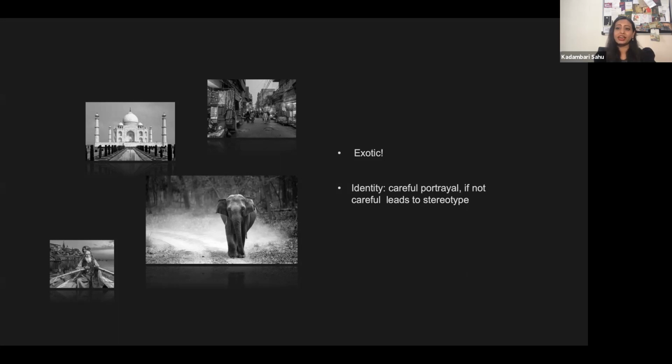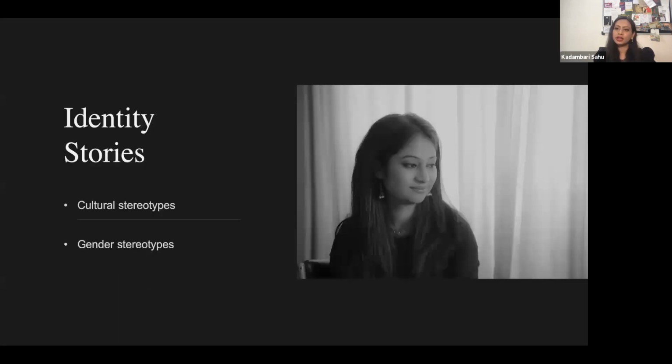Identity, if it is not carefully portrayed, can lead to a lot of stereotype. And that's the last thing that we wanted to do. So, in this regard, when we were looking at stories and trying to conceptualize things, we first looked at who we are. And as Indians, and with current things that are going on, mobility, progress that we have